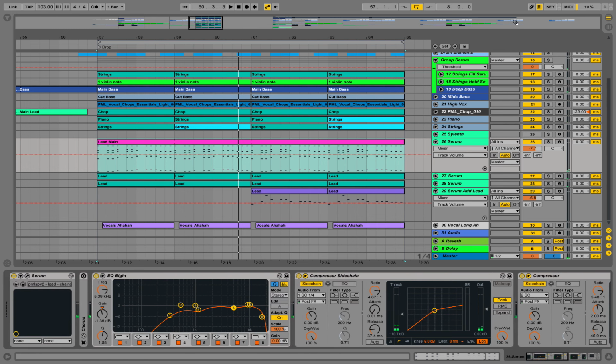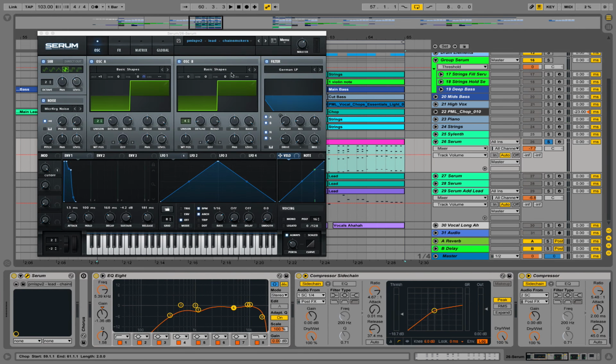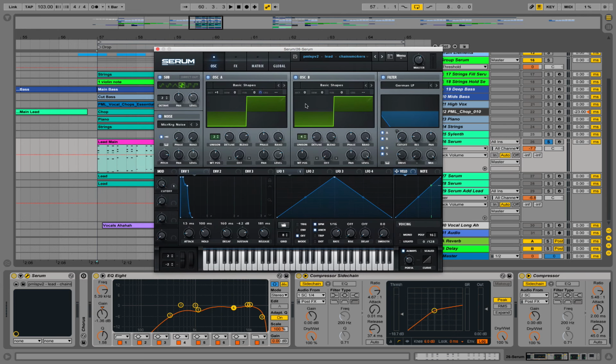Okay, let's take a look at the sound we're playing here. We're playing the sound with Serum. So it's this type of patch. So we're playing square waves here, combined with a noise and a sub, but playing in higher frequencies. So if I'm taking off those two oscillators and the noise, we have